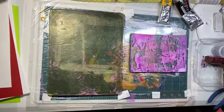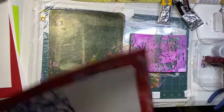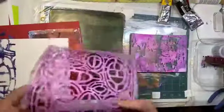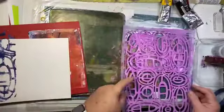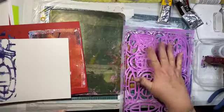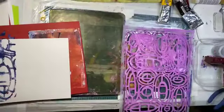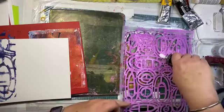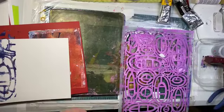Okay. I've just looked at all the things we've made, and I think we've got keepers all along, through and through. So that's good. And what I want to do is get something on this, and then I'm going to show you that last technique. How are you doing, Janie? I'm so glad you're here. Thanks for popping in. If you stick around,